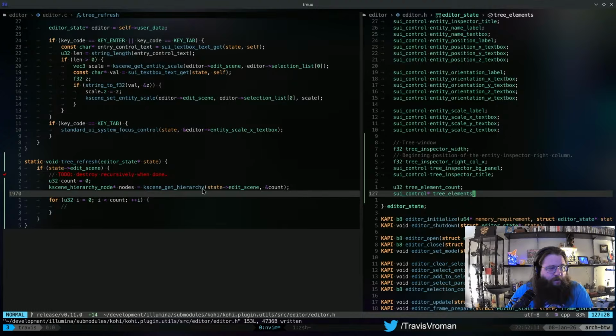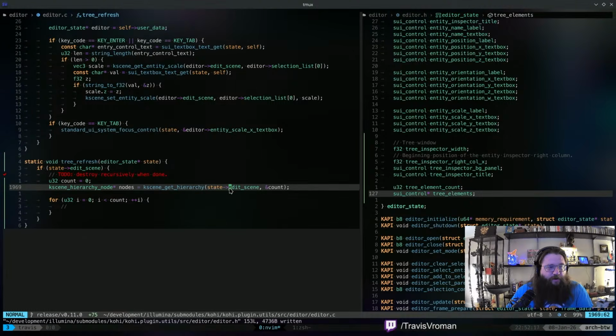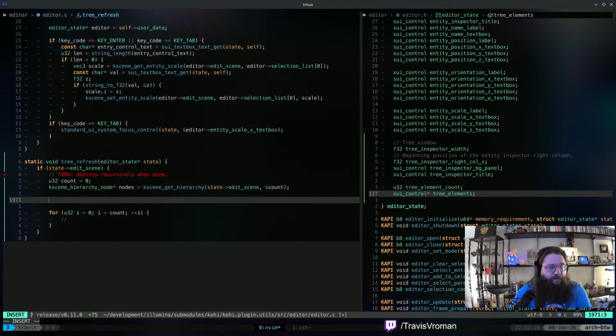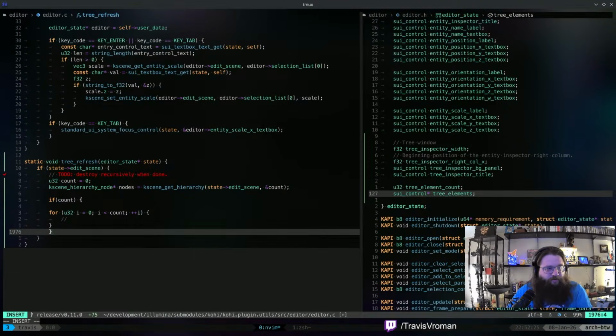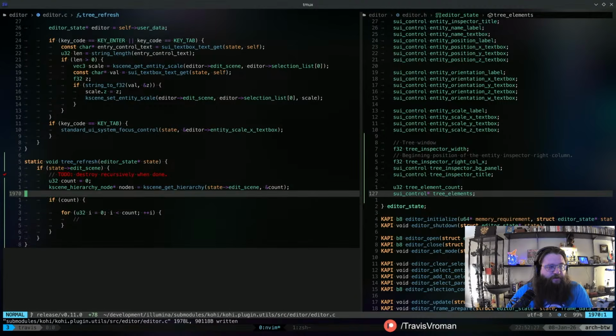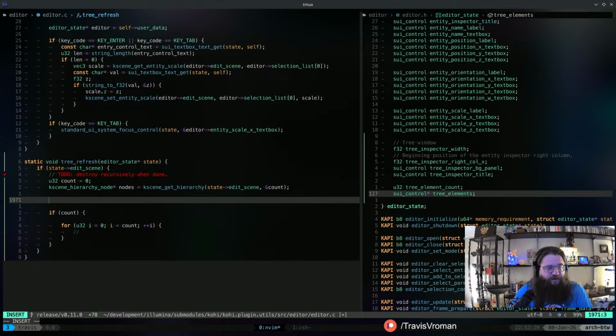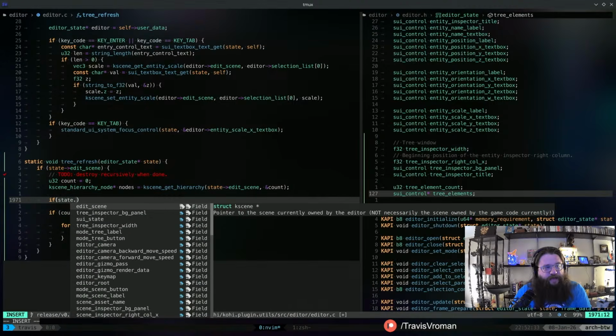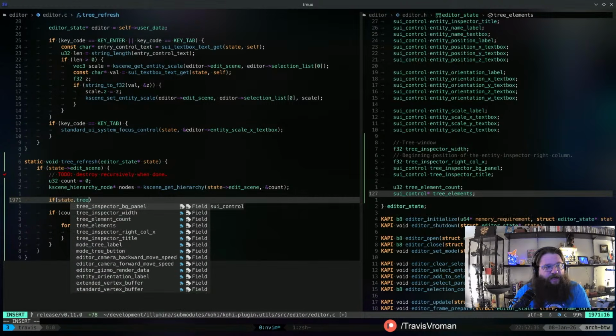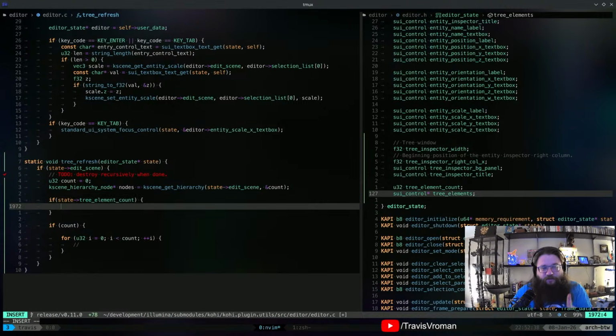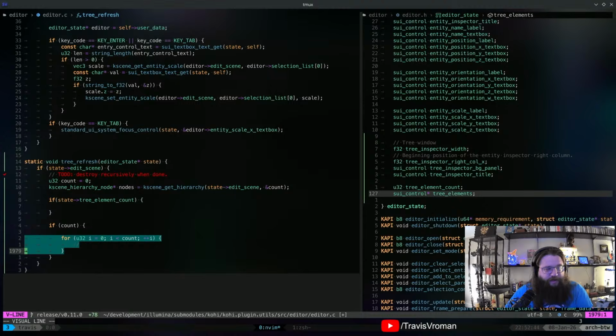Okay. And so here, when we have this, we're going to do if count, right? And that's actually going to surround all of this. However, the first thing that we're going to do is we're going to say if state tree element count, if we have any of those, the first thing that we need to do is loop through them and destroy them all, right? So we're actually going to need another loop here.